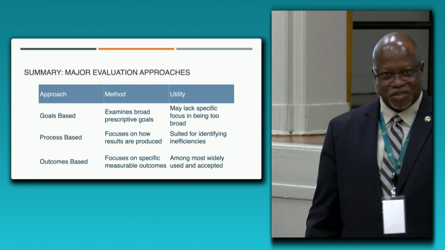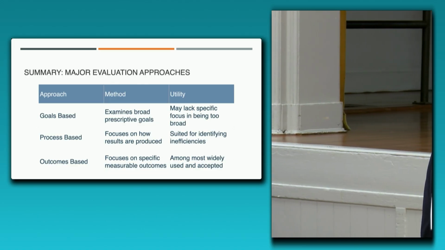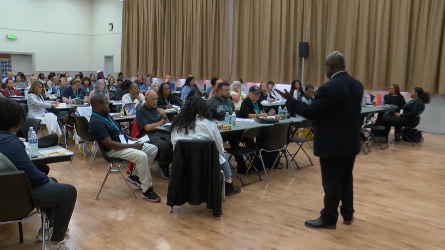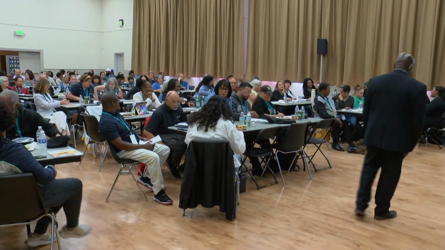I'm going to tell you how it's going to work. We're going to just make it very easy. We're going to have two tables serve as a group. Two tables, the one behind you and the one in front of you, that's your group. And I'm going to have an assignment for you. Why don't we go ahead and form those groups first? Turn and look at each other's pretty faces, and then I'll give you the assignment.